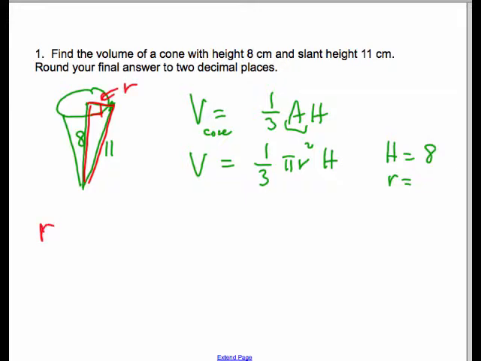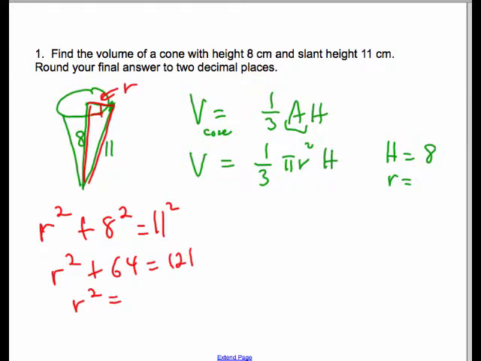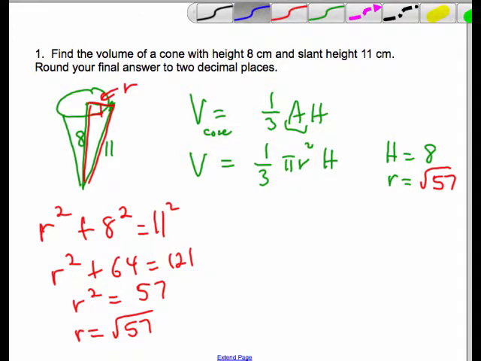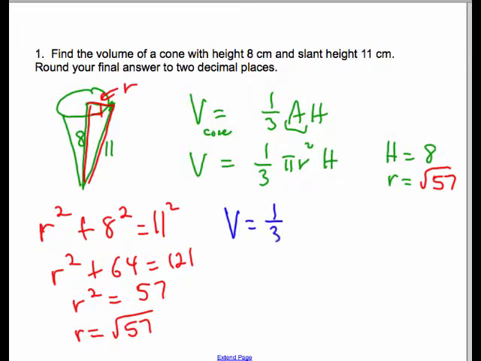So the radius squared, I'm using Pythagoras' theorem here, plus 8 squared would equal 11 squared. And if I manipulate the formula, subtract 64 on both sides, I'm going to get 57, and then square root that is the square root of 57. So I can bring that back up here. I can then put it all together with my formula, 1/3 pi radius